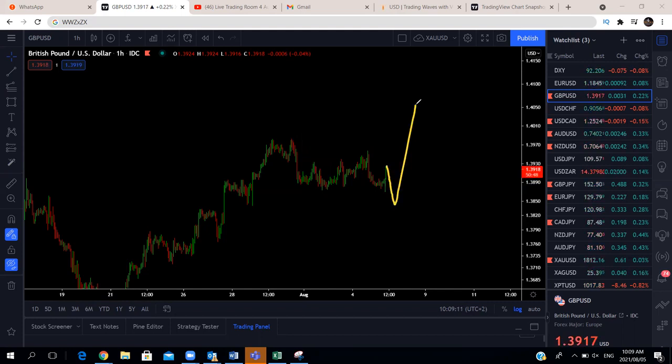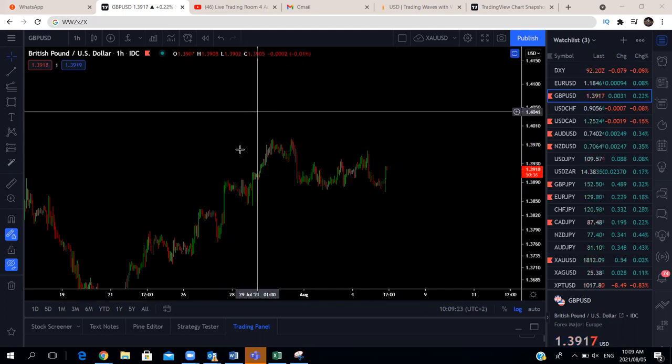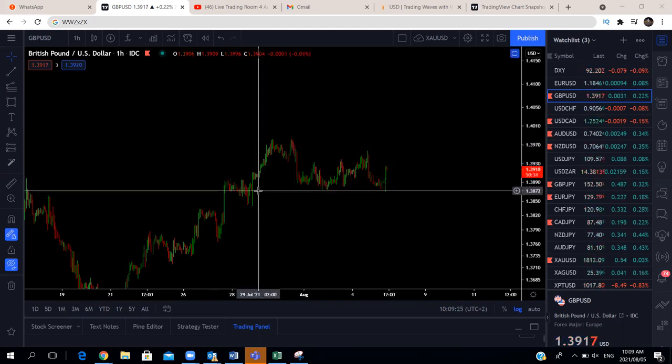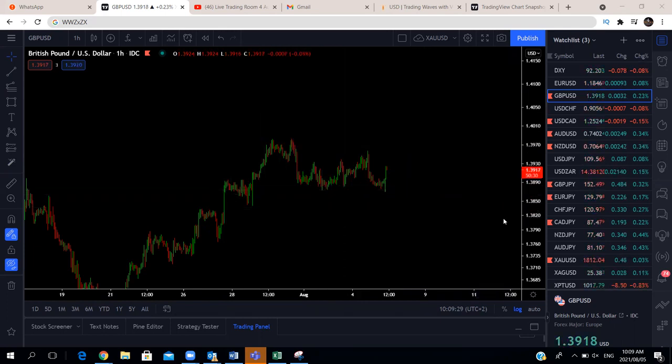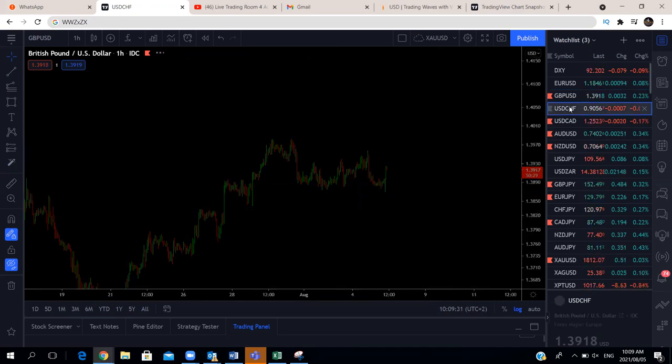So we've got about 2-3 hours for us to see how the market is going to react to the news this afternoon. Okay, so let's see. This is the structure that I would like to see. Otherwise, we can just push up higher from there. Okay, so that's what we're looking at on pound US dollar and Euro US dollar. As for the rest of the pairs,